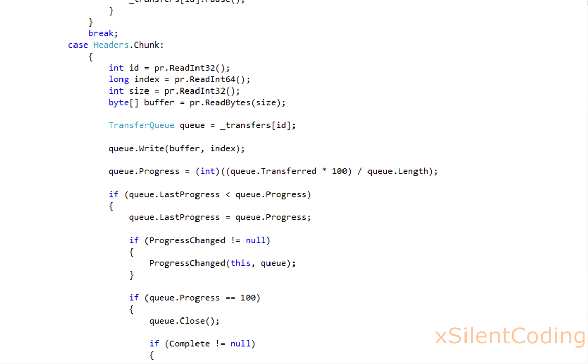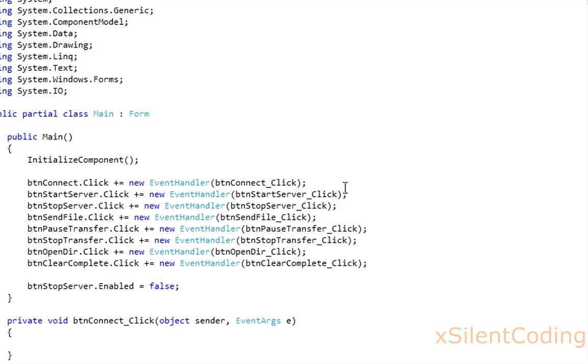Welcome to the final stretch. Now, all we have to do is just put this thing together in the form. So let's head over